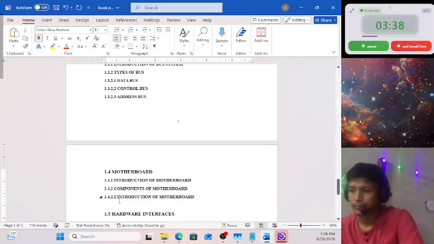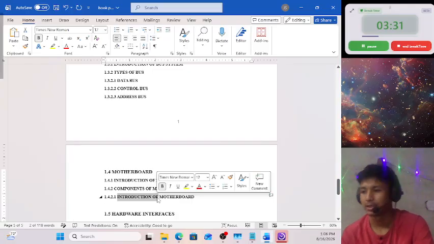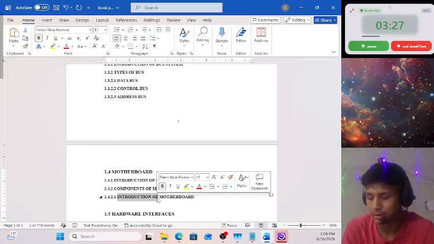So first, there are lots of components. Components include obviously hardware interfaces as well. But before that, we should keep the things like